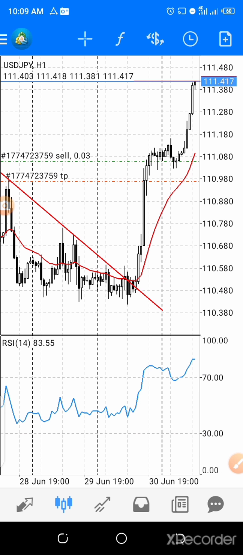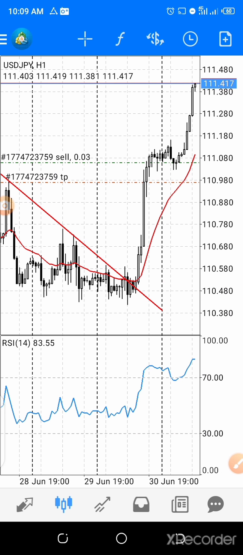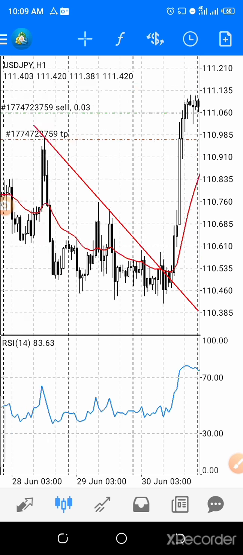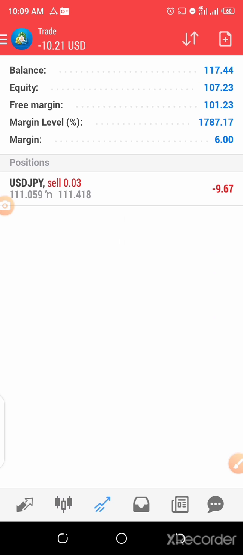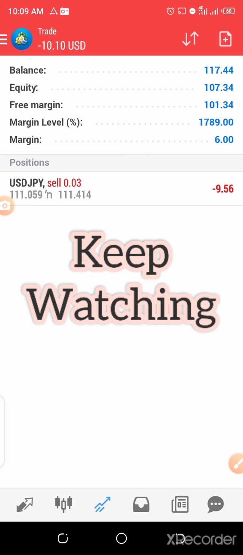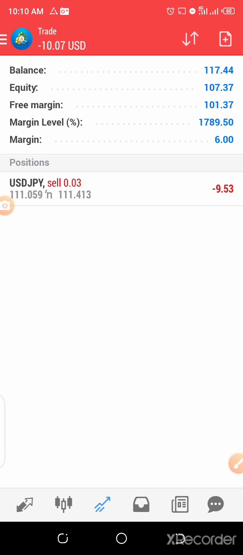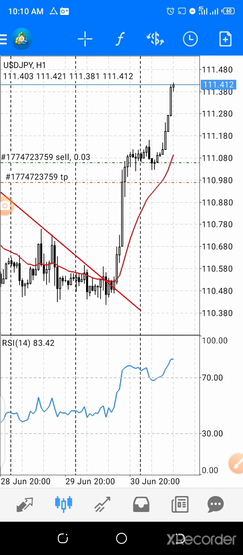Now, this is a mistake I made, and I want you not to repeat it. This is a live trade. It's actually going on right now. Okay, this is a live trade. I'm actually live right now on this trade, as you can see. This is that account. What can you see? My balance was 117 from the other trade, and what are you seeing here? This is a -9, and I'll explain why it's like this. Now look at this trade.